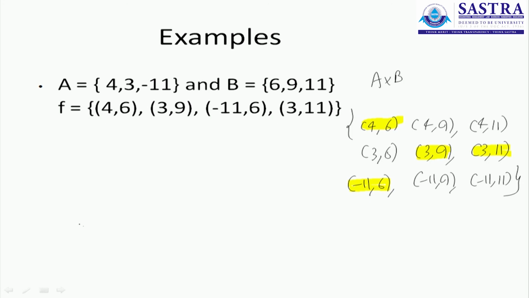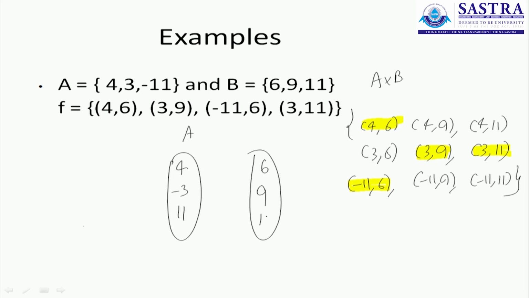But do they also form a function? Because we learned that a function must first of all be a relation, and we have seen that it is a relation. But can we give it the extra status of a function? We can, of course, but only if it satisfies the definition. The definition says every element should be assigned to exactly one element from the codomain. Is 4 getting assigned to some element? Yes, 4 is assigned to 6. What about minus 11? Minus 11 is also assigned to 6.